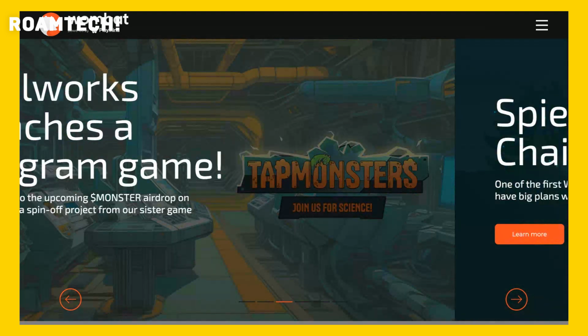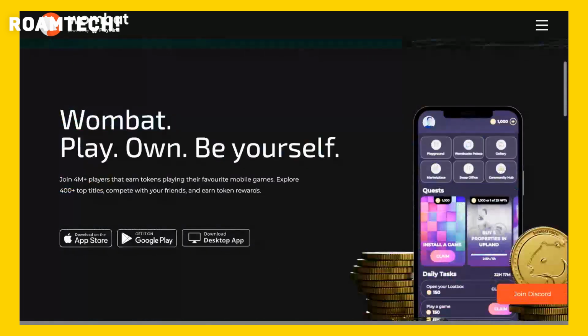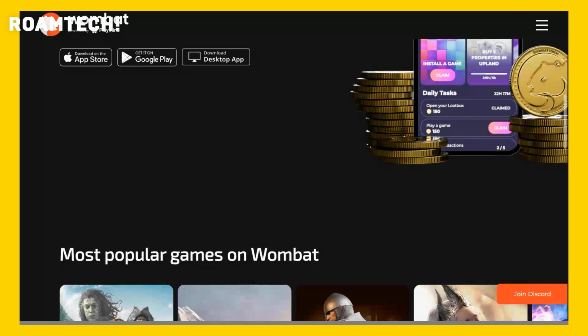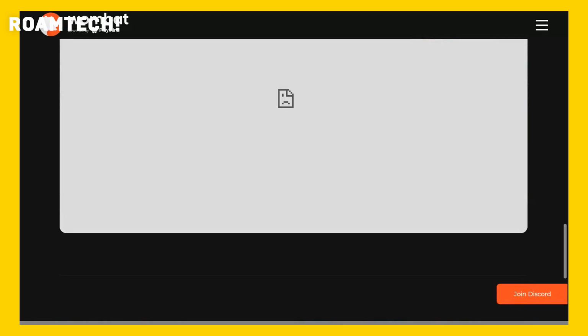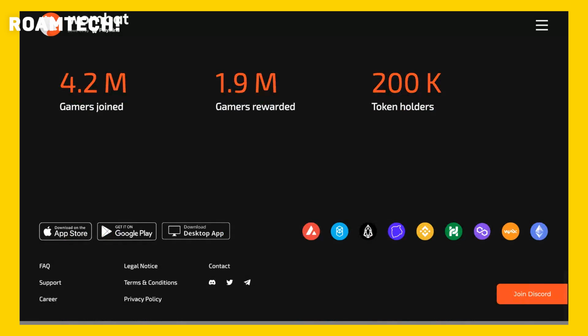Furthermore, Wombat Wallet seamlessly integrates with decentralized applications, DApps, enabling direct interaction with DeFi platforms and NFTs directly from the wallet interface. Security is paramount, and Wombat Wallet utilizes industry-standard encryption to protect your private keys and transaction data. The wallet is designed with simplicity and user experience in mind, offering a straightforward setup process and a clear, easy-to-navigate